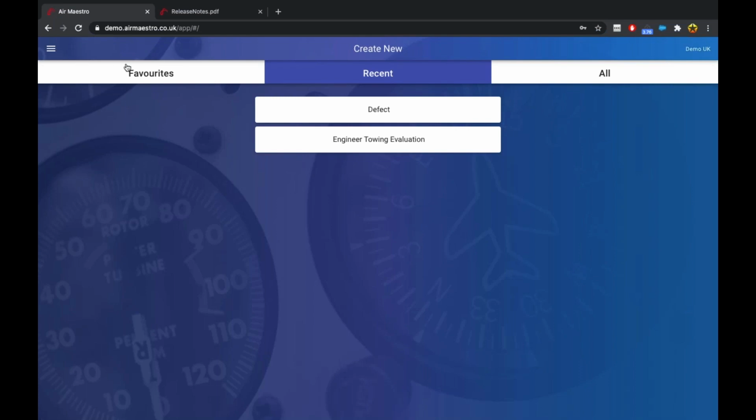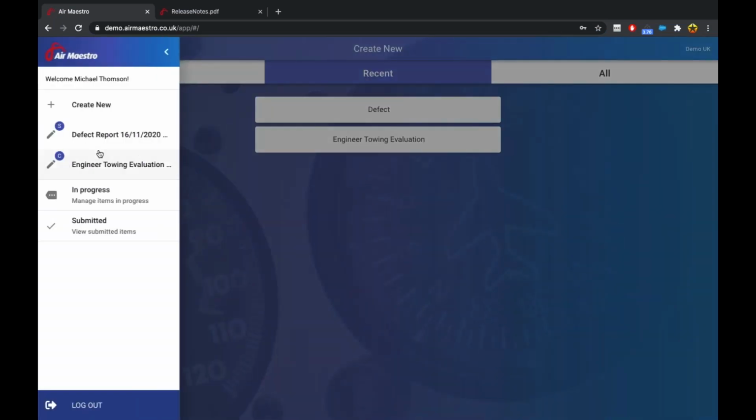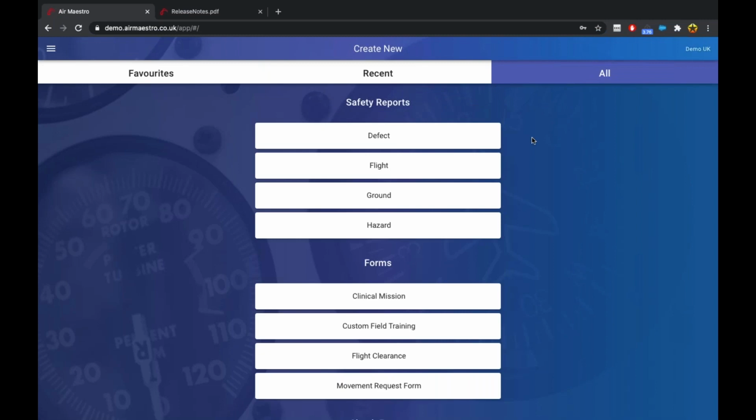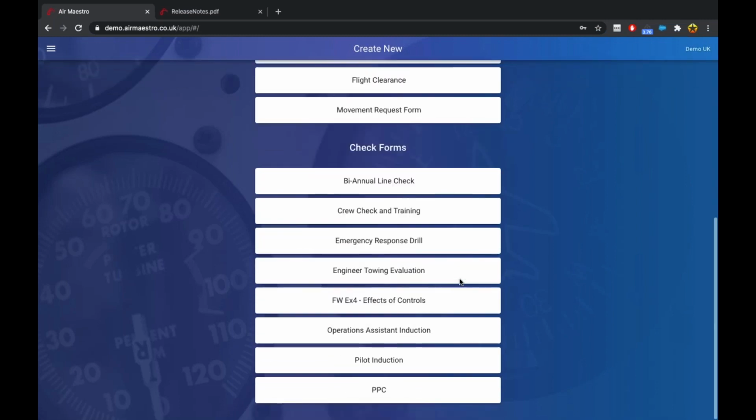We've got 3 tabs: favorites, recent, and all. A menu on the left where I can see my drafts, my in progress, and my submitted items from this device. Under all, we can see we've got a selection of safety reports, of forms, and of check forms. So I can click on PPC,